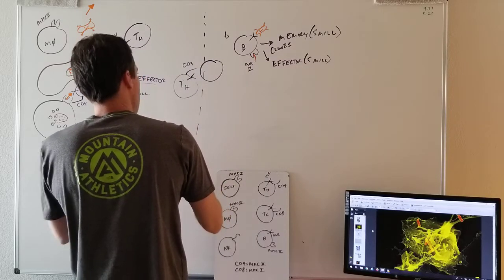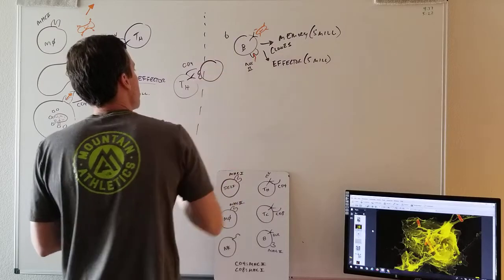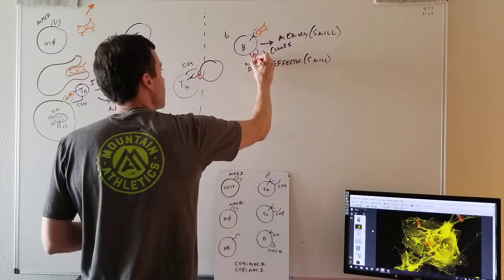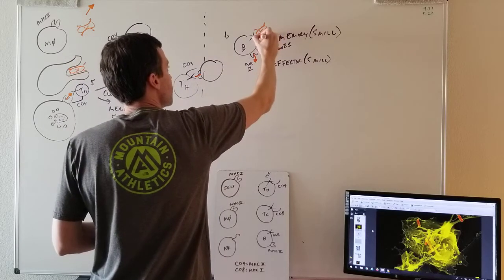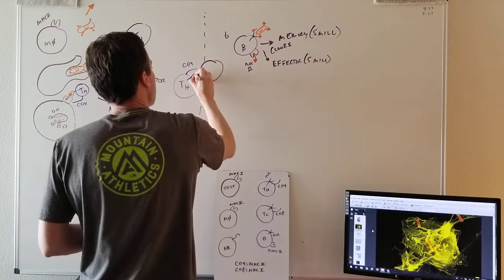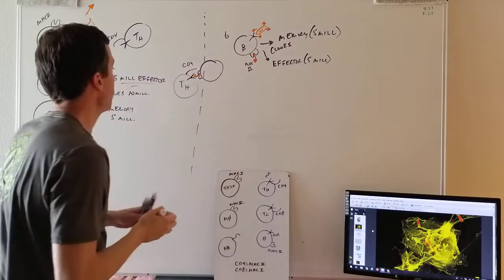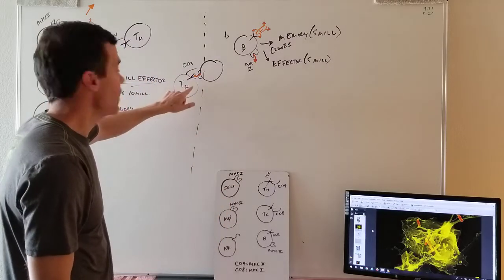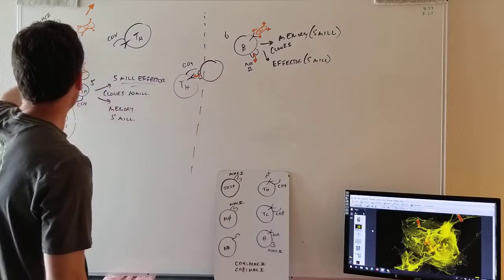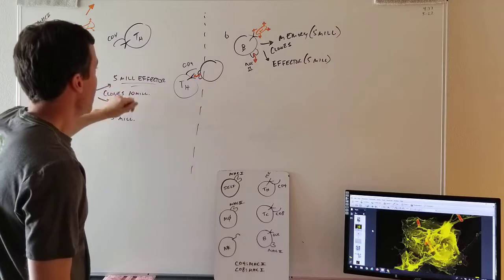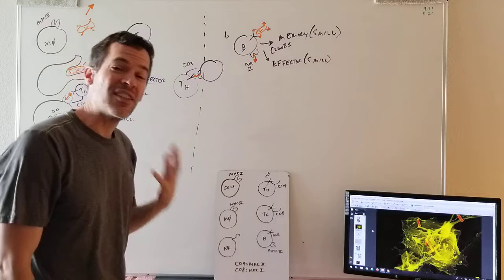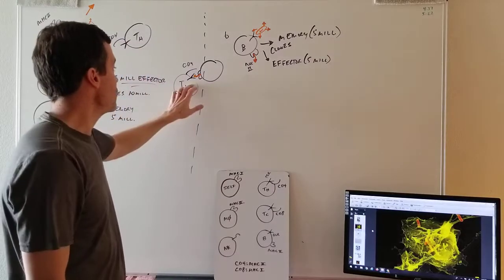eventually bump into this helper T cell with his spike protein that he pulled off of this bacteria. Let's make those triangles on there. This kind of spiky looking protein. And that helper T cell is going to say, yes, that's the same one that I'm after. So the helper T cell is basically saying, look, I got news from macrophages saying this guy is a bad guy. I now get information from you saying he's a bad guy. So now that we've kind of done like a double check step, I'm going to give you permission to go